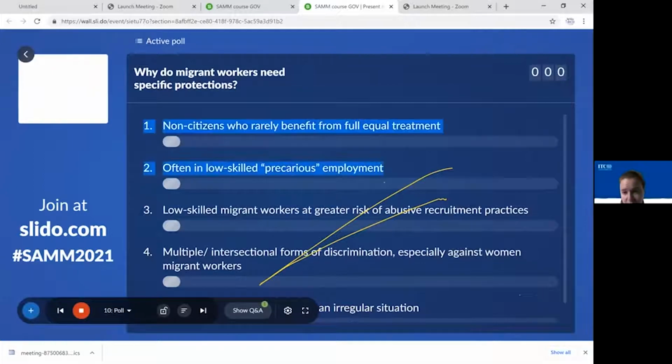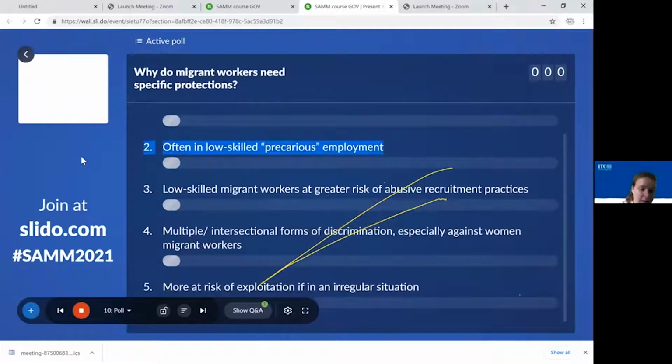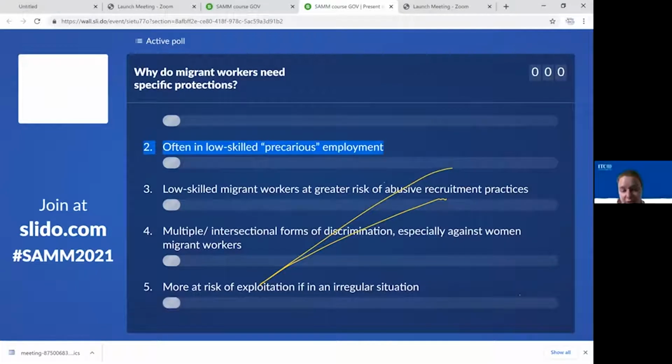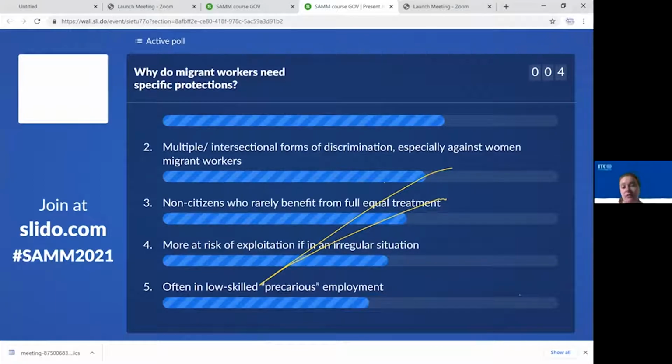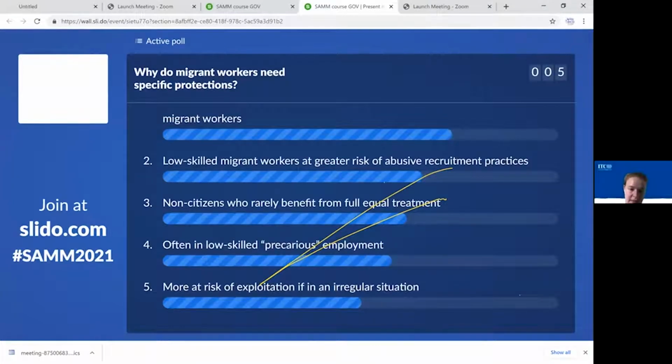They are, and we see that after break as well, and that in particular low-skilled migrant workers are at greater risk of abusive recruitment practices. There is a kind of intersectional form of discrimination, because you can accumulate different kinds of discrimination: being a migrant worker, being a woman migrant worker, and I would even add on top being an irregular migrant worker. So there are different kinds of discrimination that can,